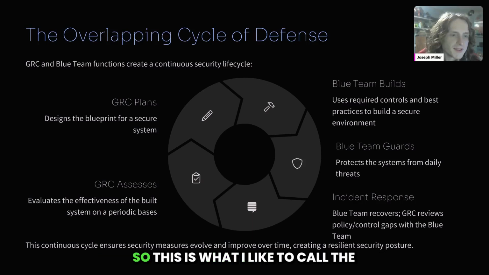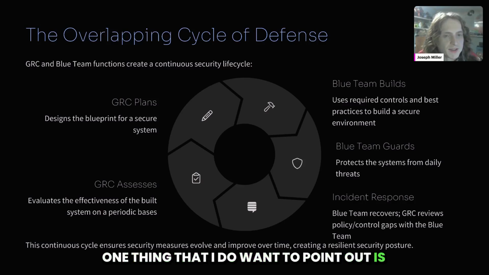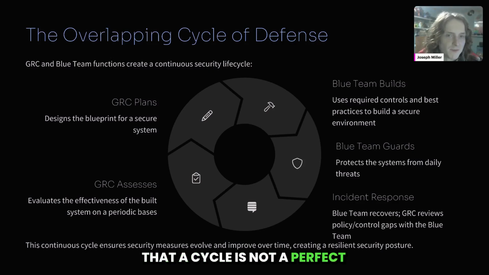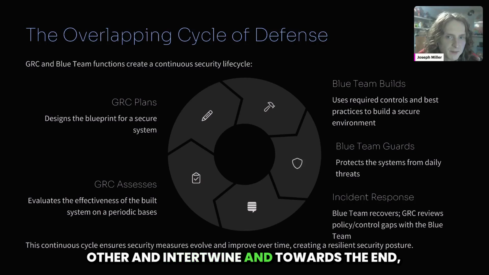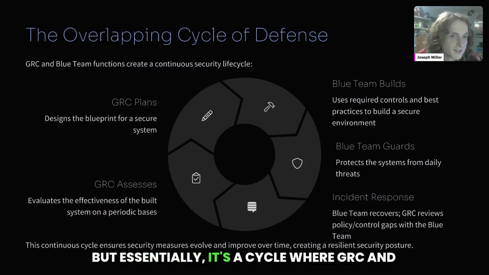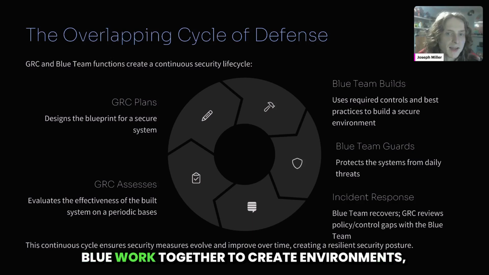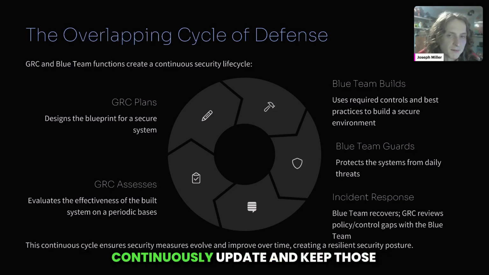All right. So this is what I like to call the overlapping cycle of defense. One thing that I do want to point out is that a cycle is not a perfect representation of it. Some of these can kind of build on each other and intertwine. And towards the end, I'll go through that a little bit. But essentially, it's a cycle where GRC and Blue work together to create environments, continuously update, and keep those environments